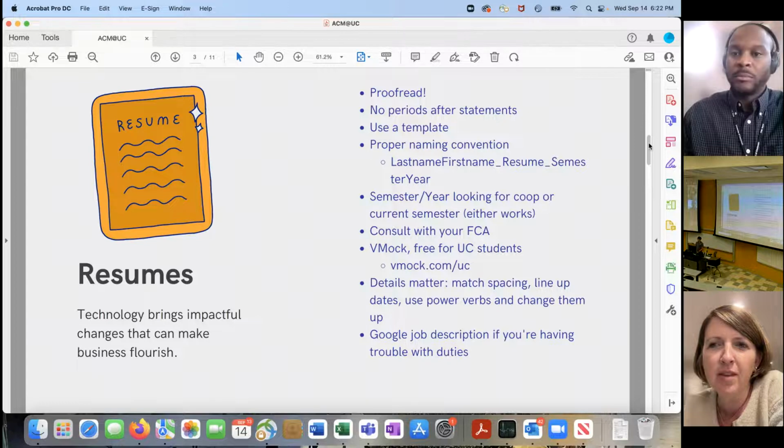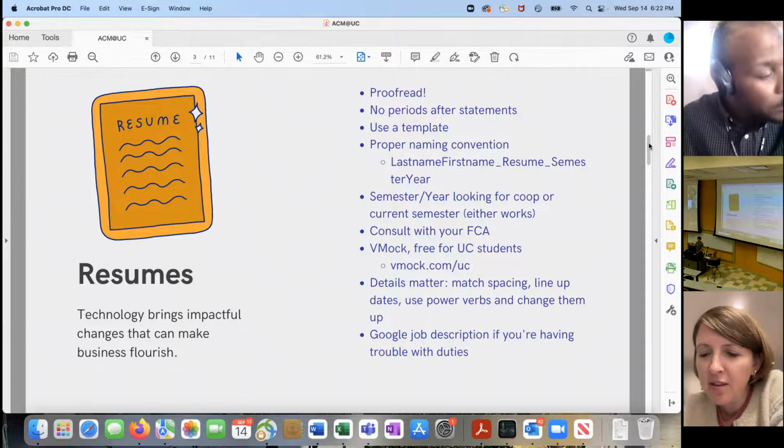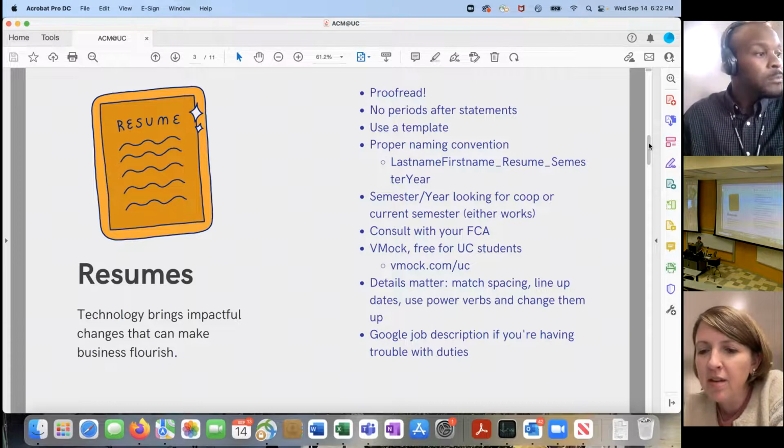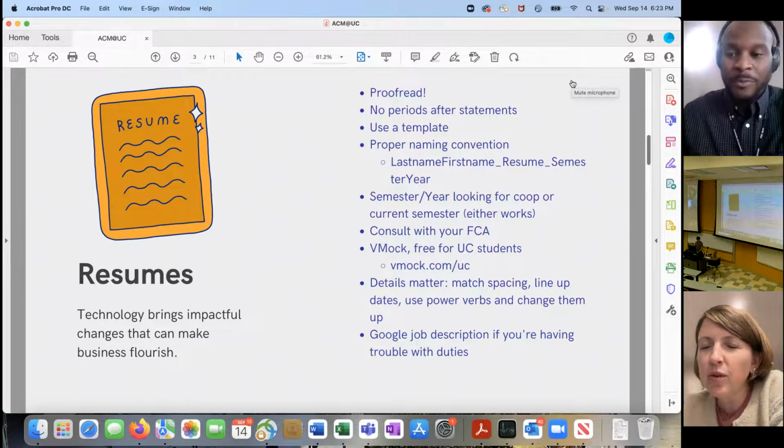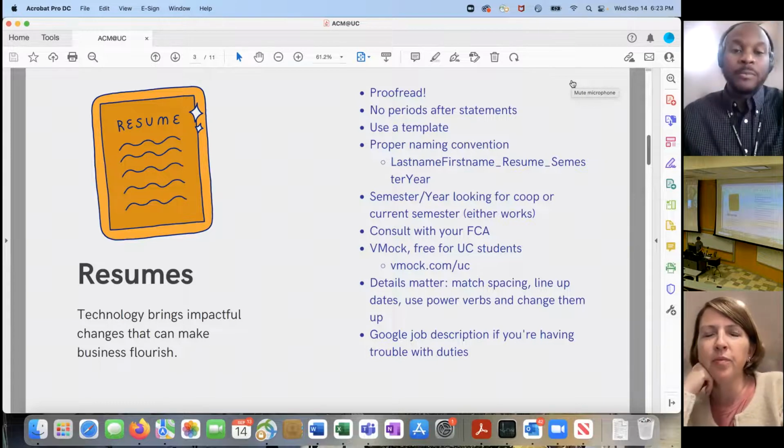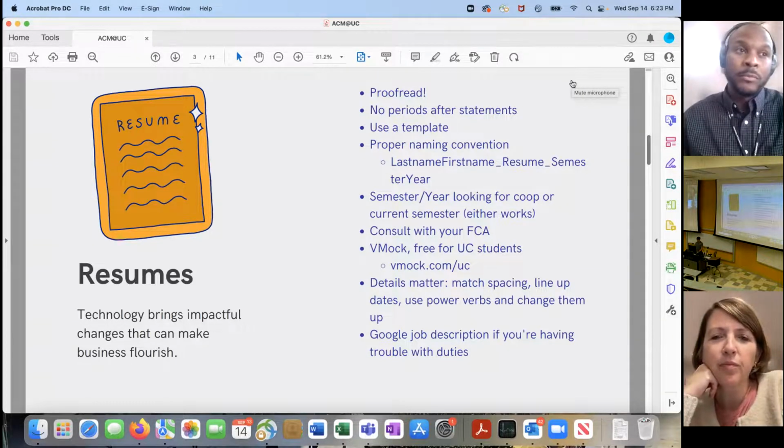Yeah. So you were just saying about putting your education first. But for new grads, would you want to have education first though, or would you want to switch that up first? Can you hear the question? I did not catch the whole question. I'm sorry. So the question was, for new grad, do you want to put the education section first, or do you want to put it somewhere else in your resume for new grad?